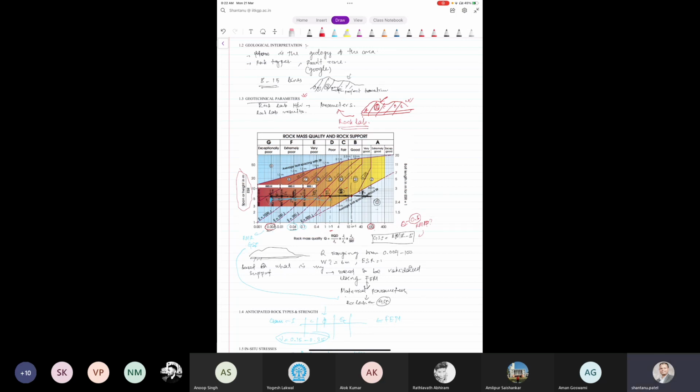Then you get the parameters for, let's say, type 3 rock. If you know your type 3 rock properties, they will be used for your FEM analysis. So you make a table here. So what you can do is